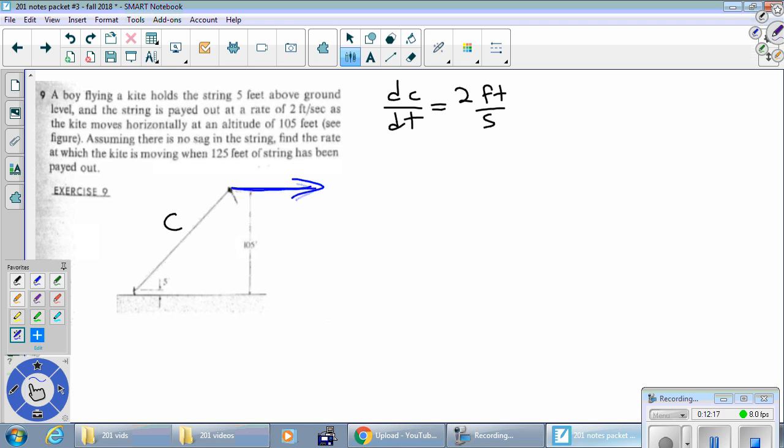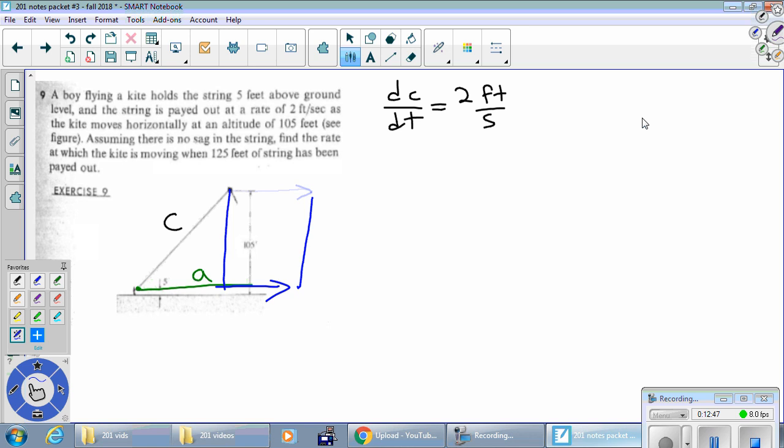And the rate it's moving horizontally sure feels like we need a name for how long this distance is. So let's go ahead and draw that in. I'm going to start not on the ground, but 5 feet off the ground. And I'm going to call that distance right there A. And I'm going to say that as the kite string pays out, this kite gets farther and farther away from the boy, and therefore A gets bigger and bigger, right? A just goes until the